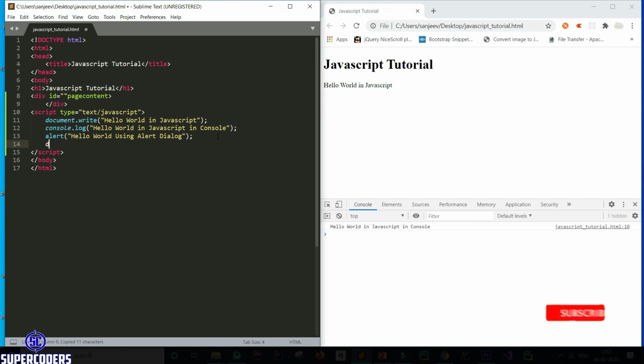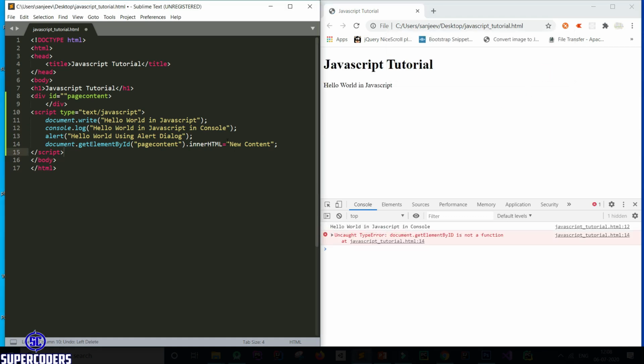So document.getElementById, passing the id name, dot innerHTML equal to new content. You can save. Press refresh.